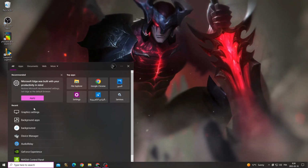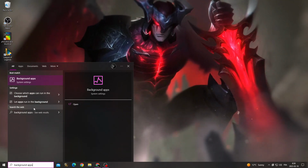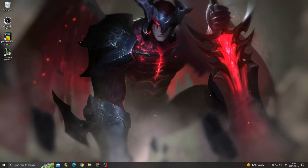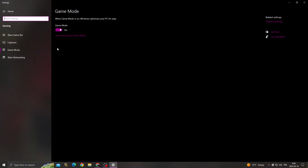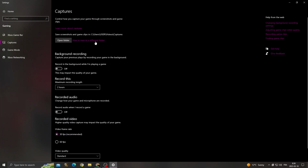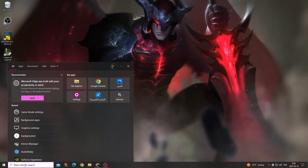and then type background apps, and after that make sure to turn off the first option here and close it, and then go to game mode settings, and first enable this option, go to Xbox Game Bar, turn it off, and go to captures, turn off those options, and after that go to Windows Update settings,